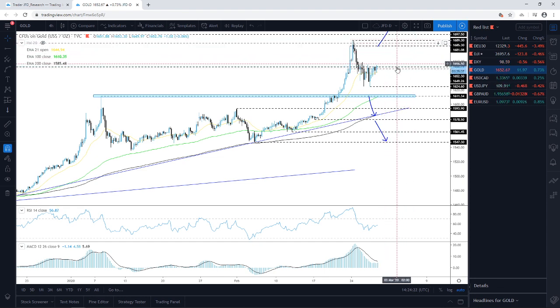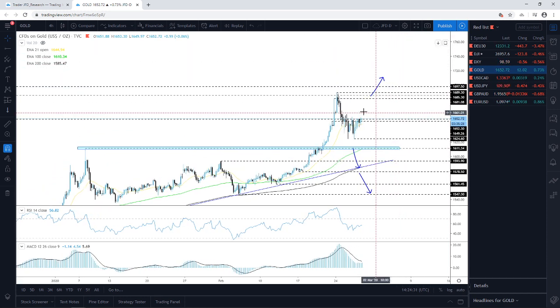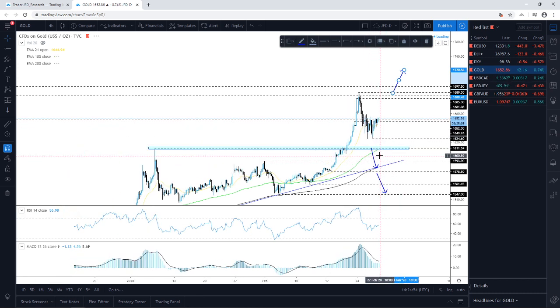The only thing for us for now, to be honest, is that we will be very careful, because ideally we would like to see a push above the recent highs here near the 1689 zone in order to aim for higher levels. Here, let's say, we could see a push higher, but if it gets held up somewhere around here and then reverses to the downside, makes a failure swing high, and then drifts back to the downside, then, well, I mean, this could lead towards this